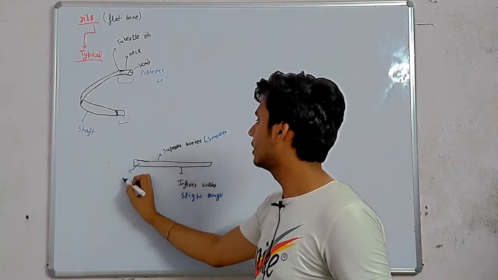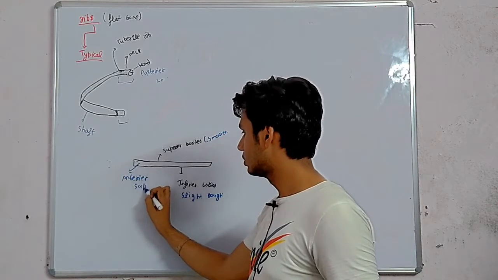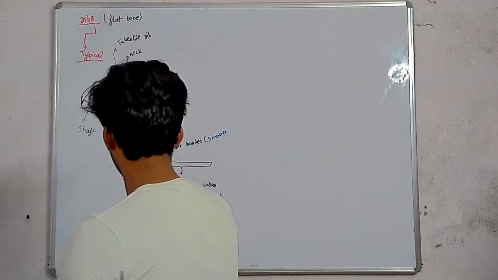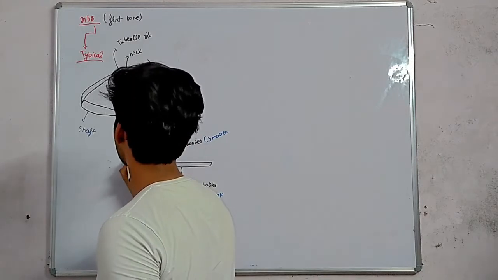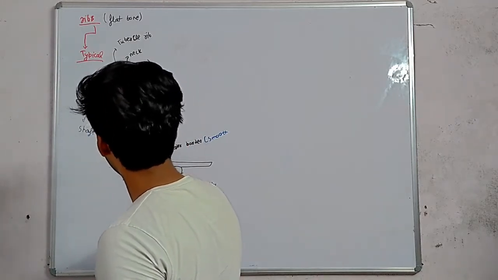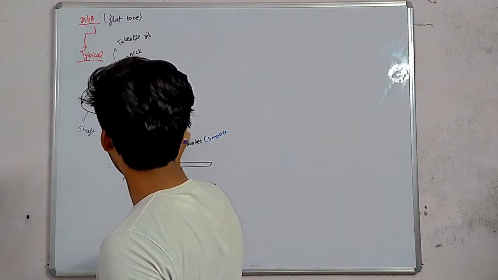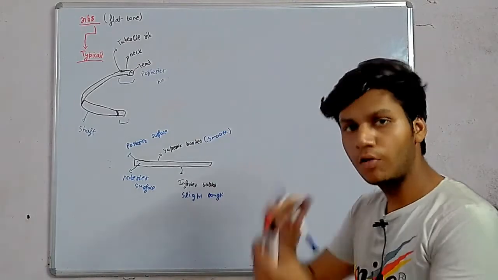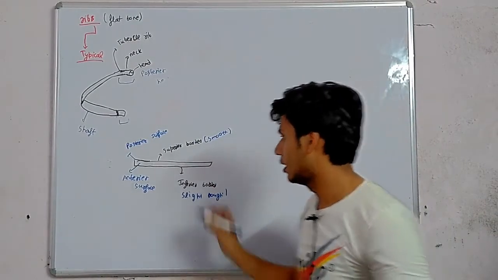This is the anterior surface of the rib, and the posterior surface is on the posterior side. So the superior border is smooth, curved, and the inferior border is slightly rough because it contains a